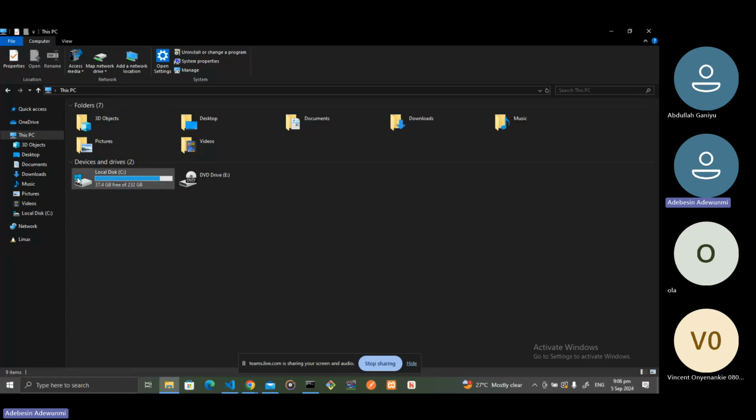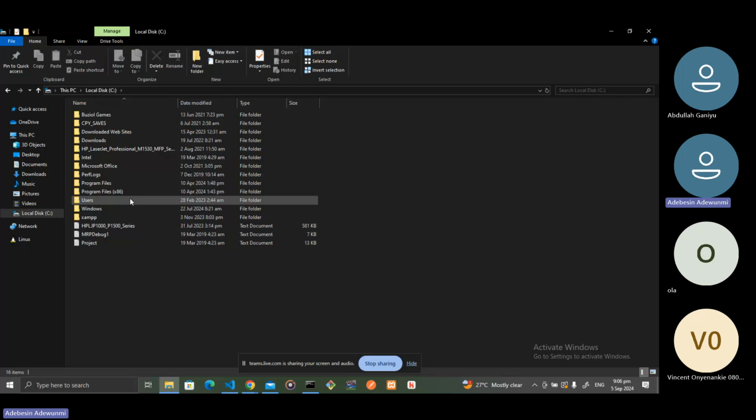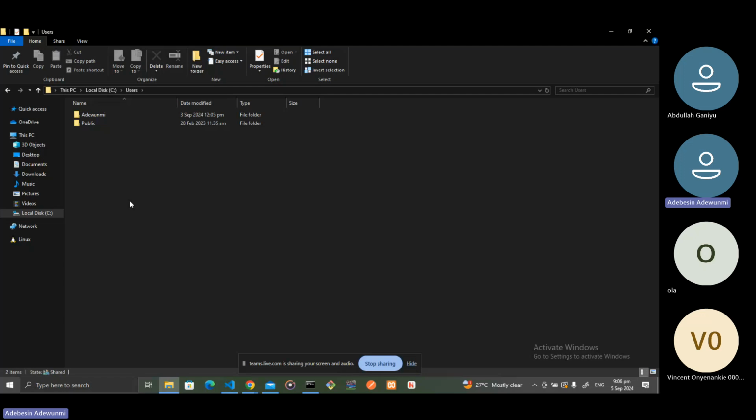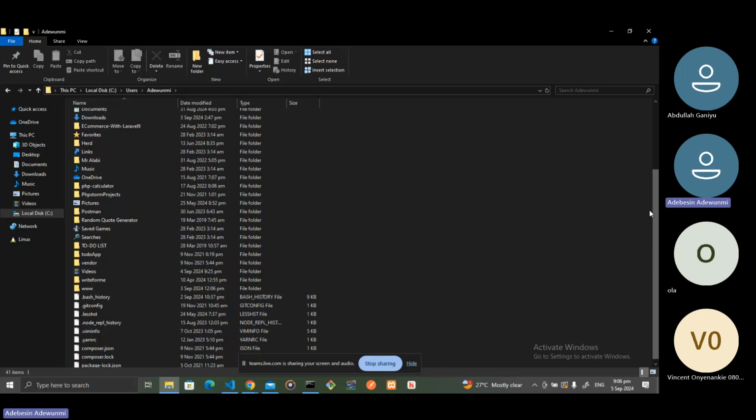Now, in my local disk, let me tap on this local disk. My system is kind of slow, I have a lot of things on it for now. So tapping on that, going to users, just a normal directory from your PC to the local disk to the users. Then my name, the name I saved my laptop with. Then just come down here and create any